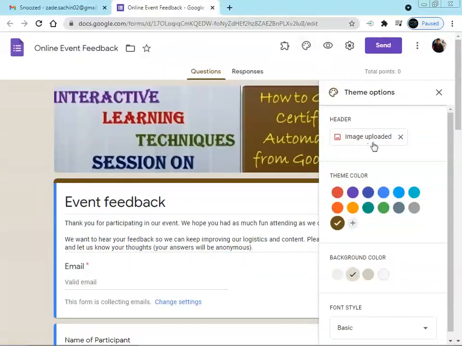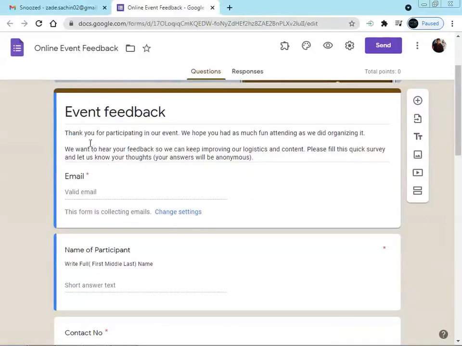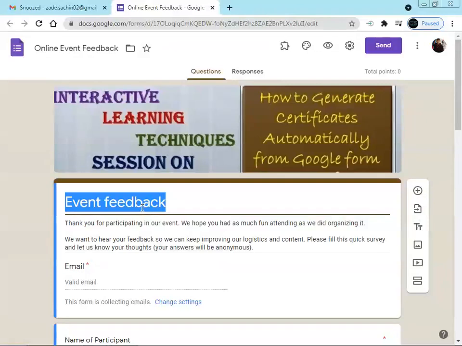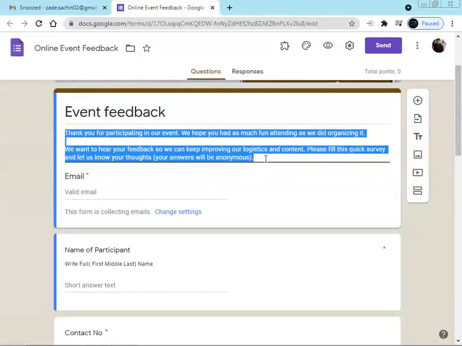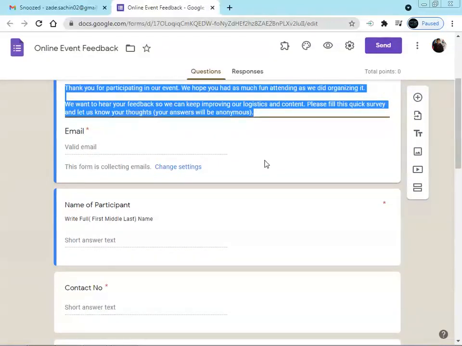Here we select the uploaded image, that is the header which we selected, and at the base is the title of our form, and we have given a message to our participants: thank you for your participation in the event.